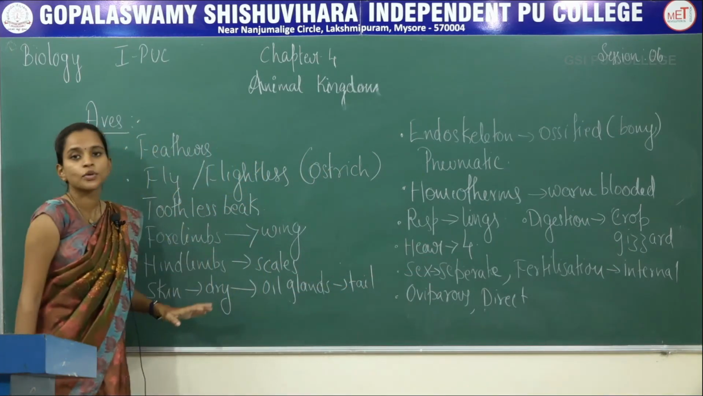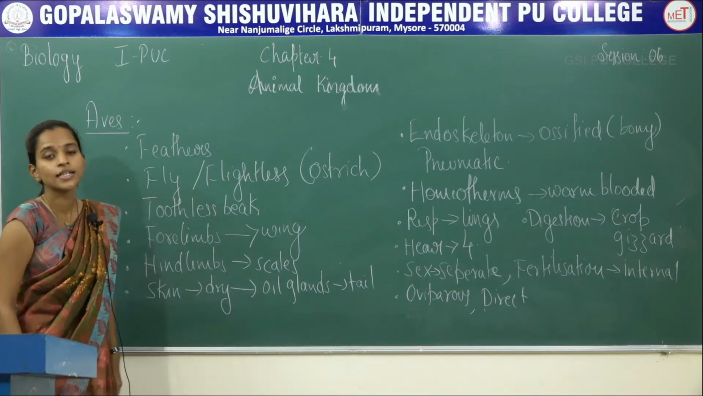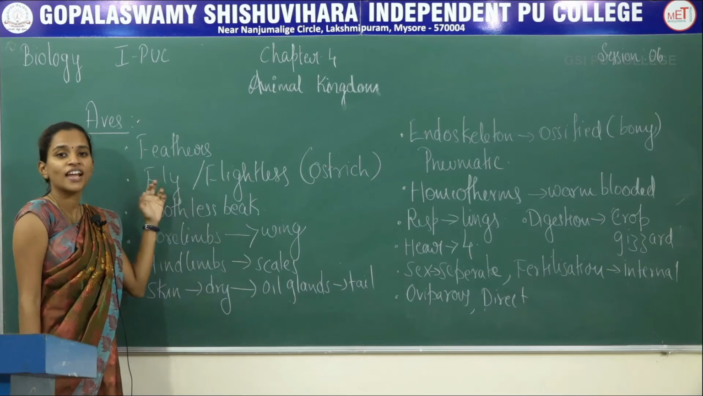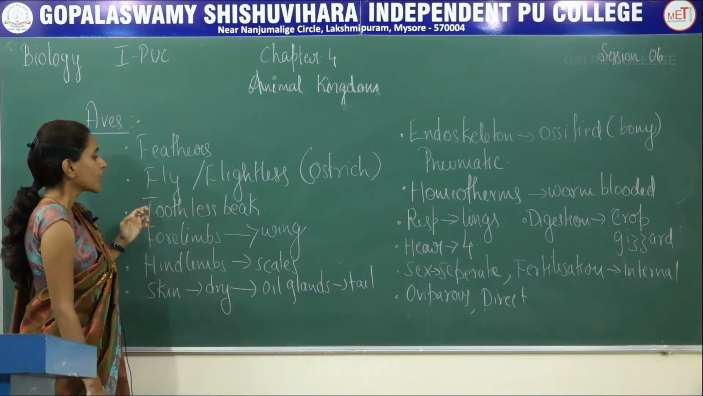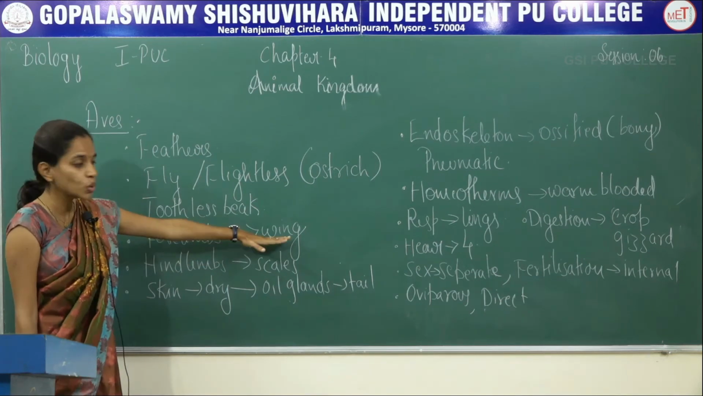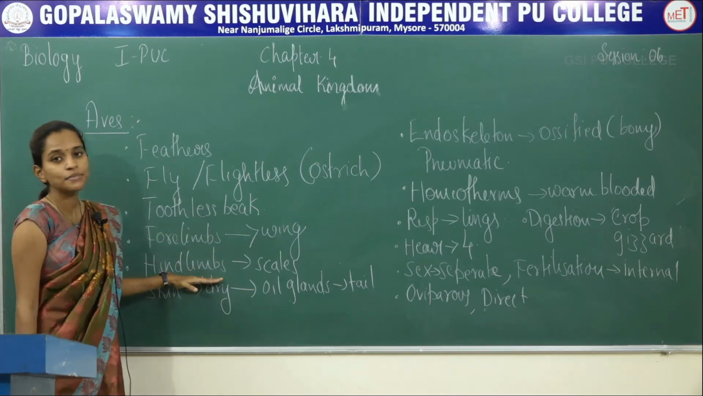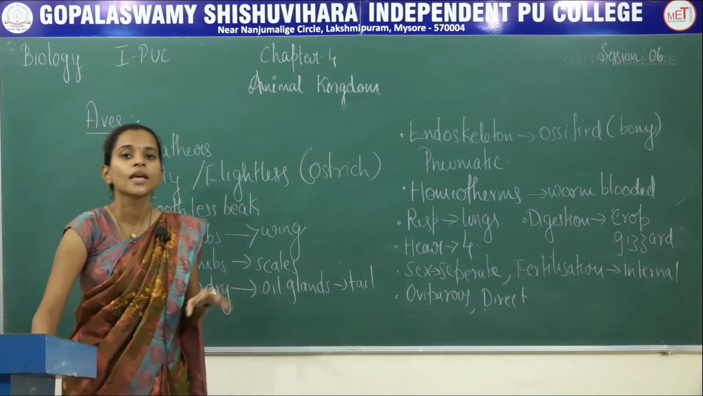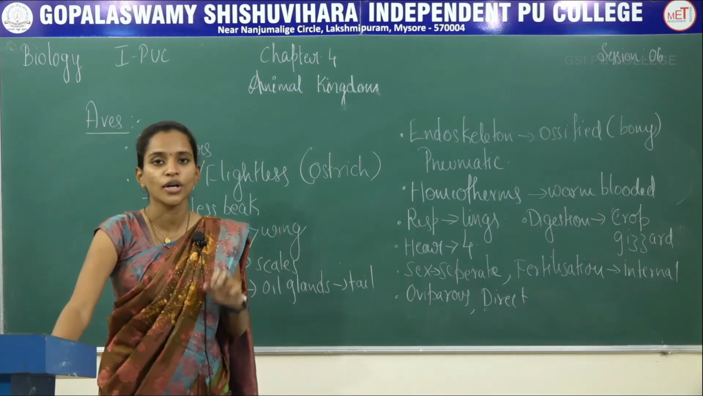Once again, to discuss the characters of class Aves, these have a body covered with feathers. Some of them fly, some are flightless birds. They have a toothless beak. Their forelimbs are modified into wings. Their hind limbs have scales and their function will be locomotion, pecking, capturing of food or holding of food,